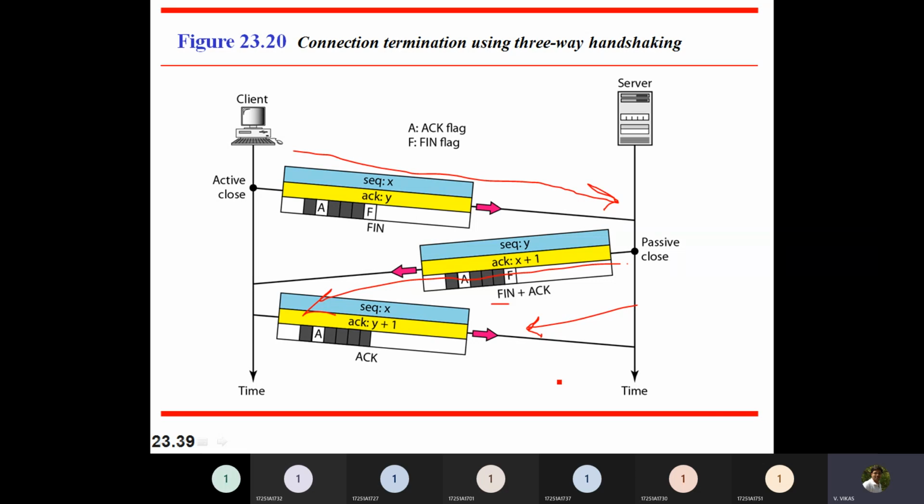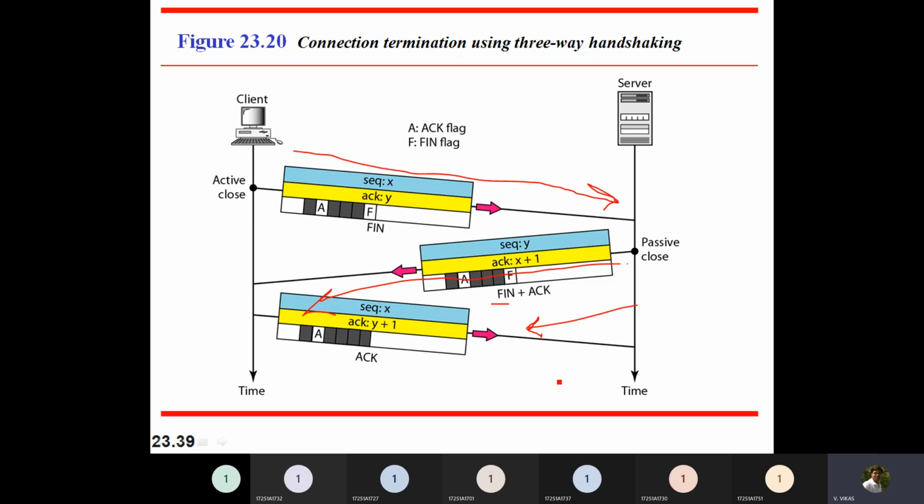So this is also done with three-way handshake, because whatever I have said in the case of connection establishment, if a packet is lost in the middle, you will have to know that particular thing. That is possible only if I have three-way handshake mechanism.